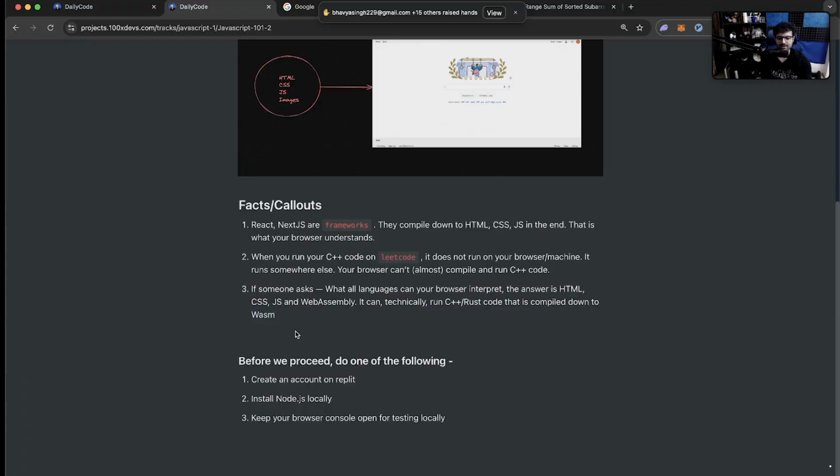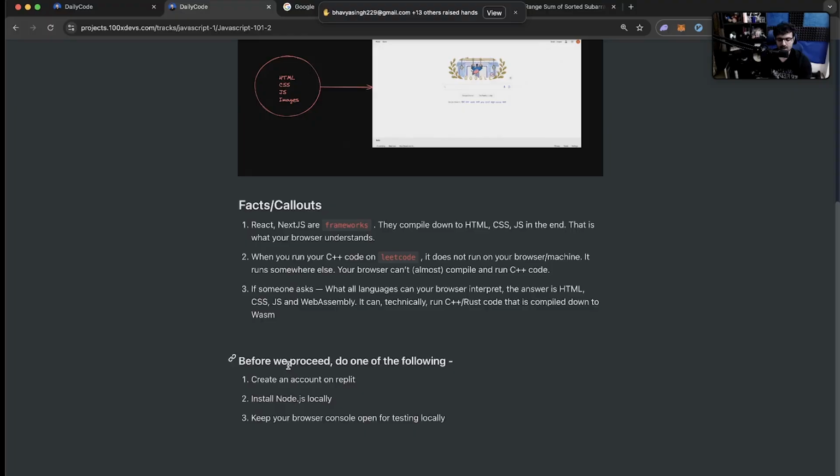Okay. What is WebAssembly? It is just another target for your C++ program. What is a target? We'll come into that in the next slide. But basically you can compile your C++ code into WebAssembly. Your browser can understand WebAssembly. As the name suggests, WebAssembly is assembly code that can run on the web. So your C++ can be converted into assembly code that can run on the web. That specific C++ code you can actually run in the browser, but for 99% of the use cases, most websites are running HTML, CSS and JavaScript. Also, the way to run C++ is a little weird. It's not as easy as just writing C++ code and hoping that your browser is able to interpret it.